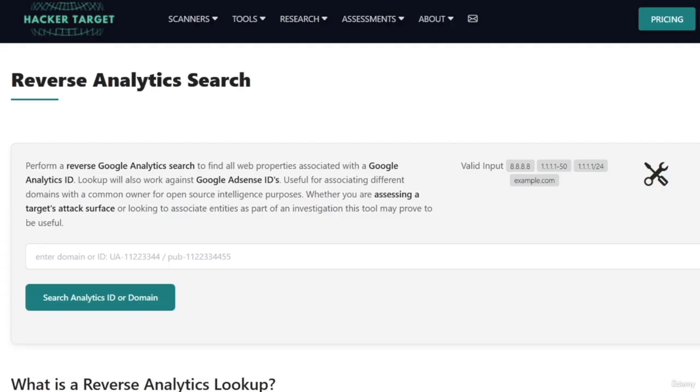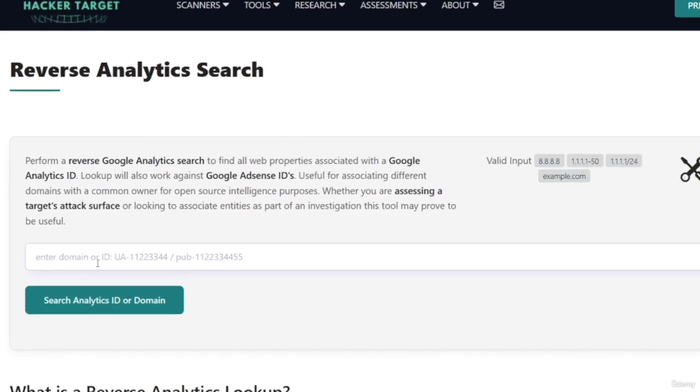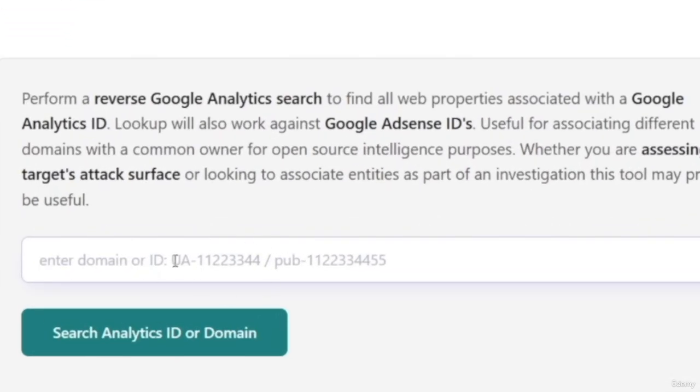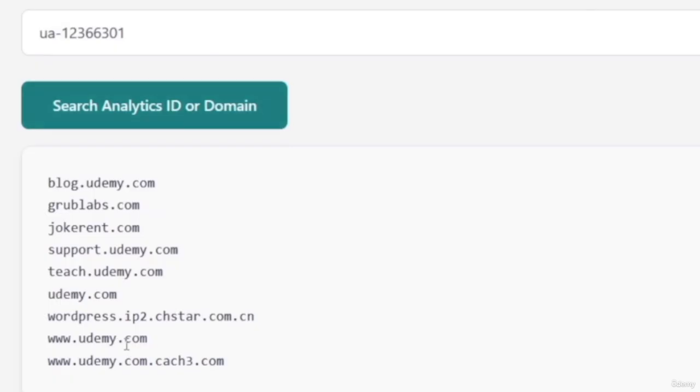Now, I would like to show you the second website, which I think is much better than DNAnalytics. So now I'm going to paste the Analytics ID, and you can see the format in here, and it's a little bit different than the one that we have right here. So I'm going to remove the -1, just so that we can match the format. And then I'm going to click on Search Analytics ID. And as you can see, here we have multiple domain names that are owned by Udemy that use the exact same Analytics ID. So we can see some Udemy domain names and some other domain names like this one or